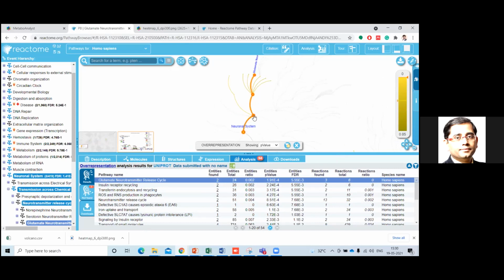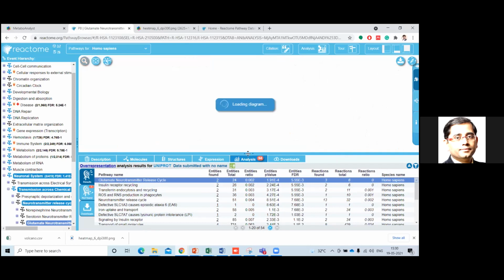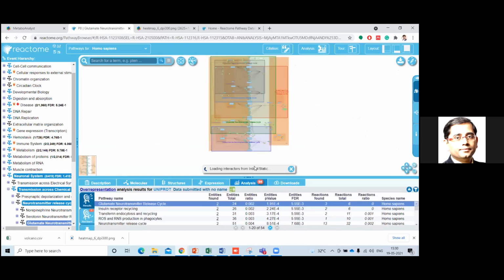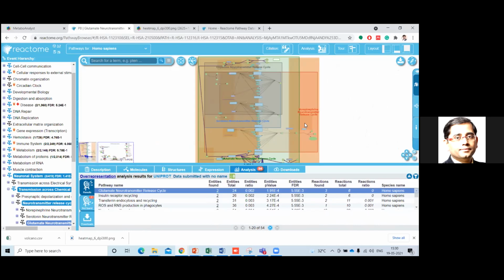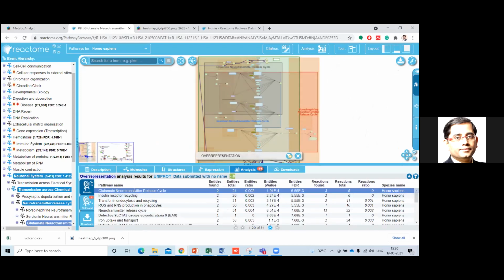This is a neuronal system, and from it, transmission across chemical synapses. These are all pathways. All of you will know the neuronal system for sure. If we click on glutamate neurotransmitter, it gives an idea of the whole pathway. Can you see which proteins are binding to which protein?